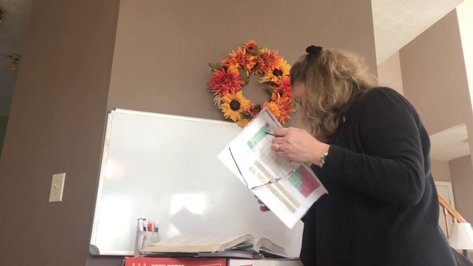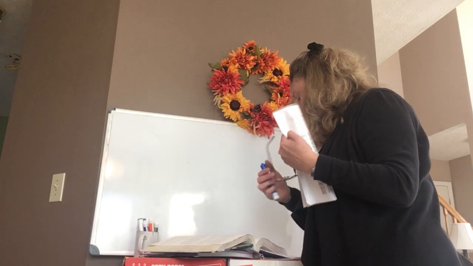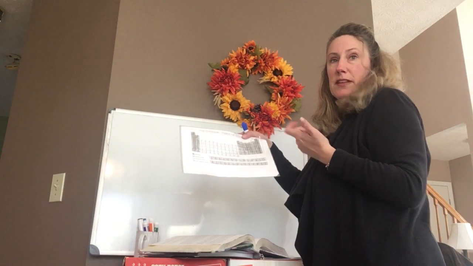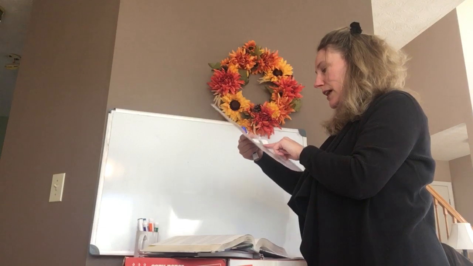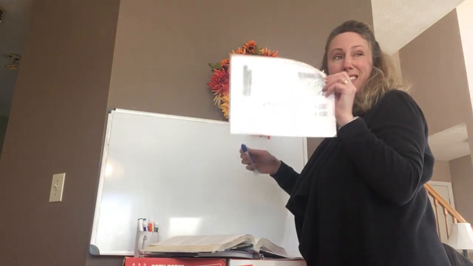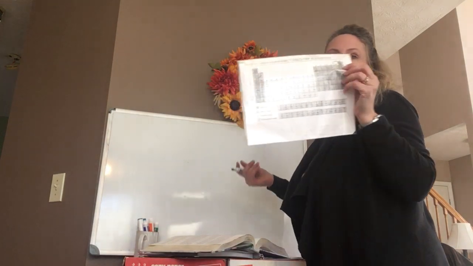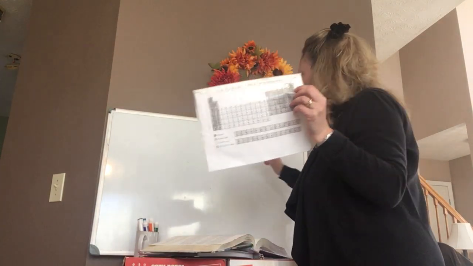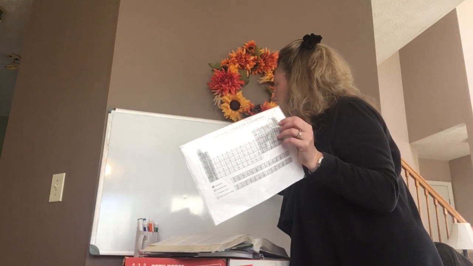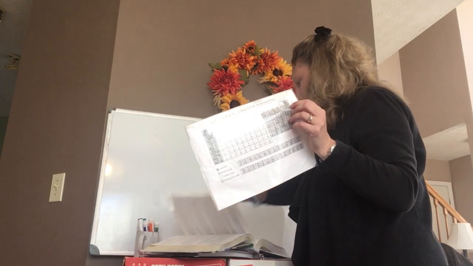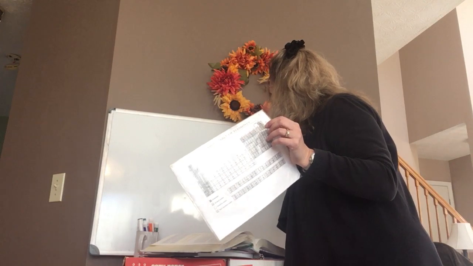So if we find the atom that has 10 protons, which number is it going to be? If it has 10 protons, it's going to be number 10. So we find number 10, which is that? Do you know what that is? Neon. Okay, so if it has 10 protons and 10 electrons, that just means it's a neutral element. And then you take the protons plus the neutrons,